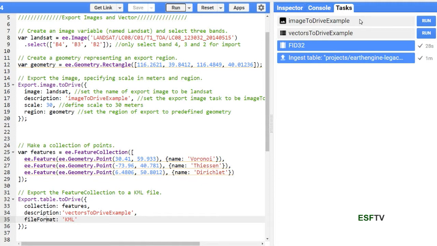And these are the tasks that we just explained earlier. So image to drive example corresponds to lines 15 to 20. And right now, the exporting jobs have not been started because we have not hit this run button to the right of the task. So if we want to start that, we just hit run,